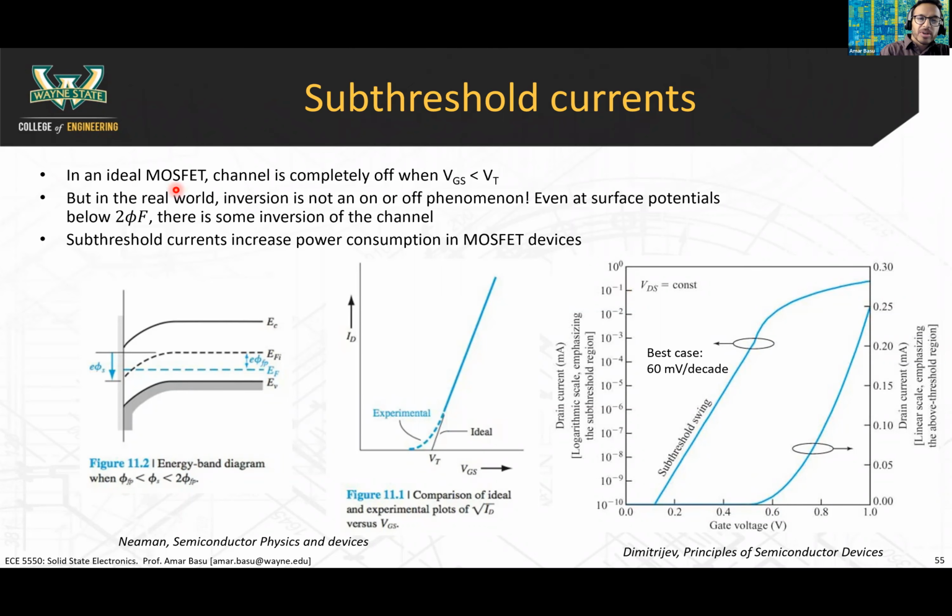In an ideal MOSFET, the stuff we've been talking about the last few classes, we said that the channel is completely off when VGS is less than VT. As a first order model, that's fine for us to just gain an understanding. We said below VT, you don't have strong inversion. There's no channel between the source and the drain. This device is off. In the real world, the inversion is not just an on or off thing. It's a gradual thing. If you look at this band diagram here,